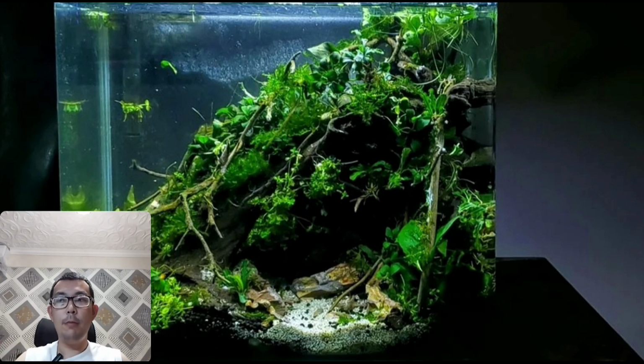For example, you can place anubiases on it, or some bryophytic plants, which is great. But sometimes you may leave it open and bare, and it also works because it showcases the texture of the wood itself. And in the case of this aquarium, we see